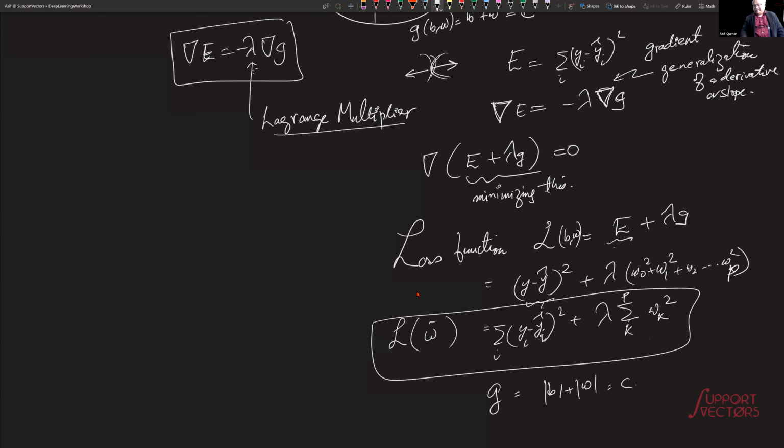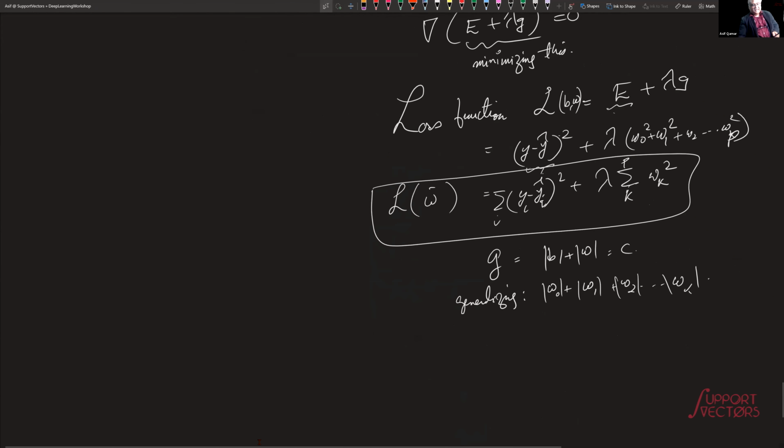Which means that if I write it in the new notation, the absolute value of W naught plus W1 plus W2, generalizing it, etc., to WK is some constant. And so this loss function therefore becomes the loss function for the L1 norm, that is when you take Manhattan distance, is